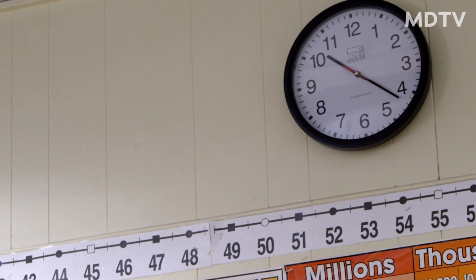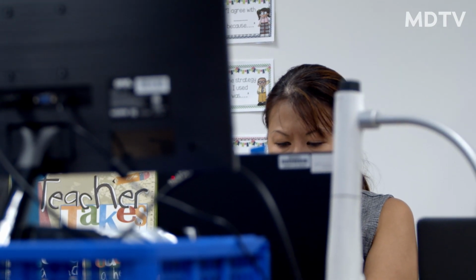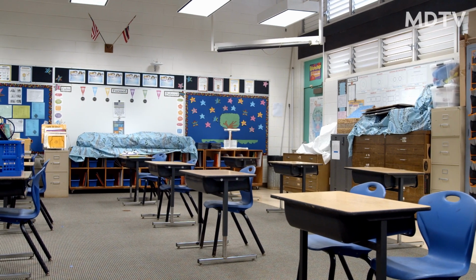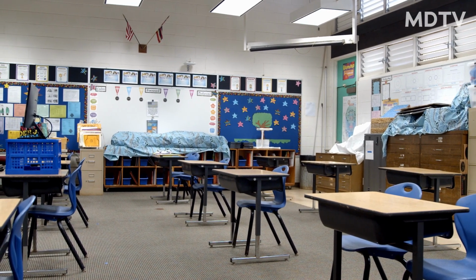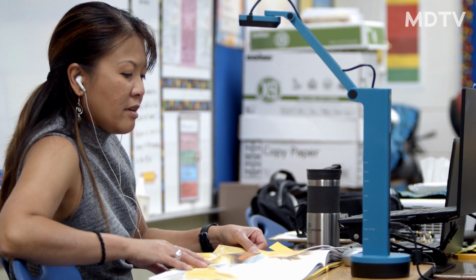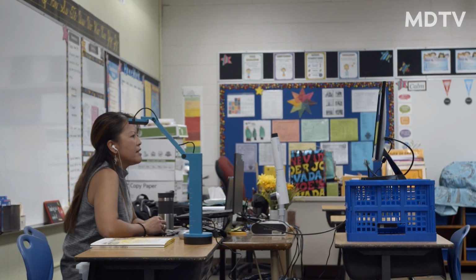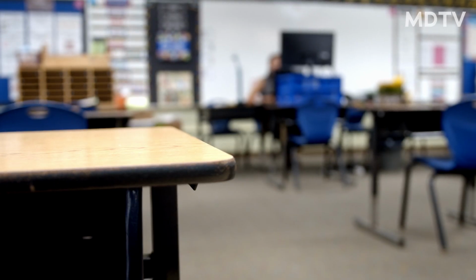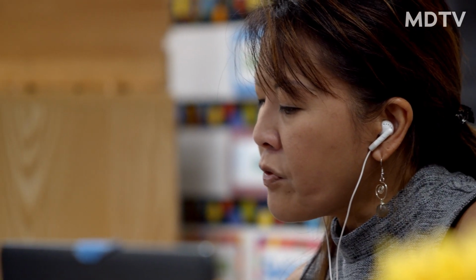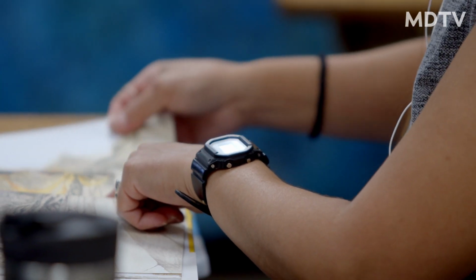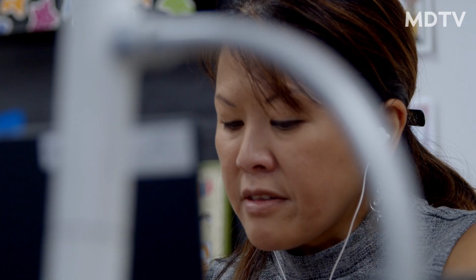I do feel stress. It's different. There's a lot of planning, way more, because it's something where you have to communicate with the parents, you have to communicate with the children, you have to make sure the steps are very clear. Whereas when you are in the classroom, a lot of shortcuts could be taken because you could improvise, you could explain things while they're there in the classroom, versus now you have challenges online.